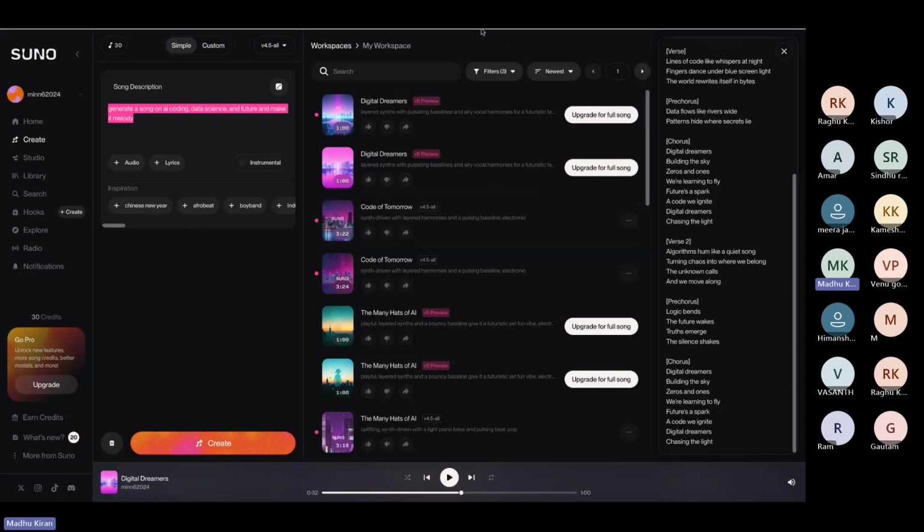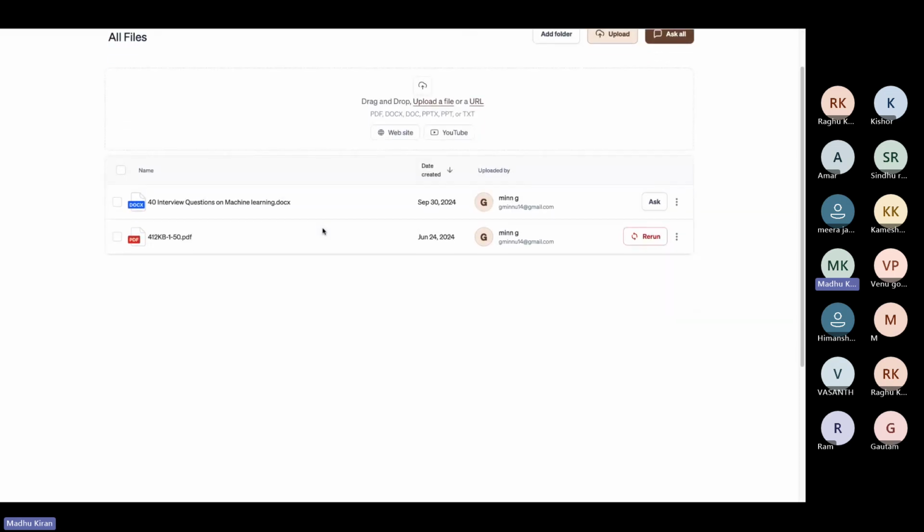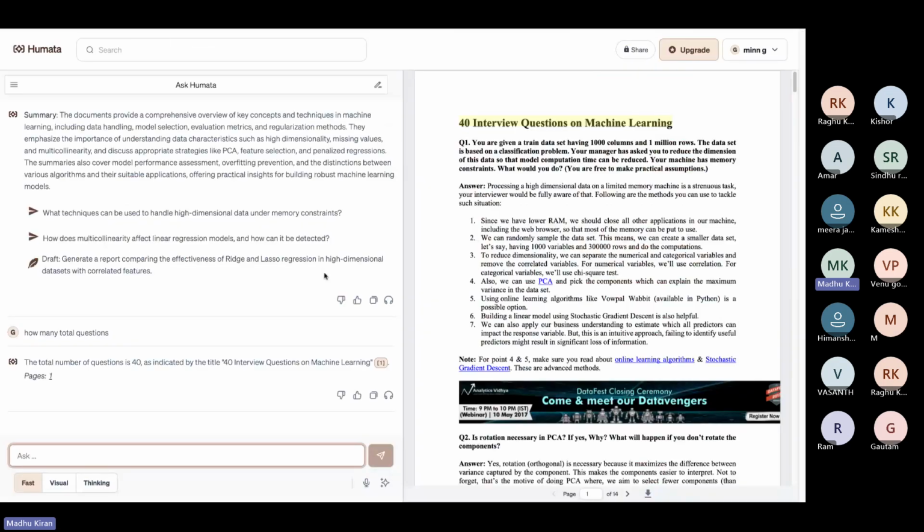For example, I have opened something called Humata here. Humata is a summarization tool. Here also I just log in with a Gmail account. If you upload any files, for example related to taxation, you can then ask Humata questions about them. Like you can ask how many total questions there are.